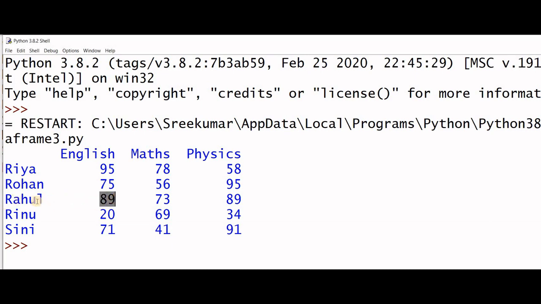So the row label will be Rahul and the column label will be English. And check the index values also: 0, 1, 2. Rahul's index value is 2 and English's index value is 0. So how can we retrieve or access that data? Let us check.